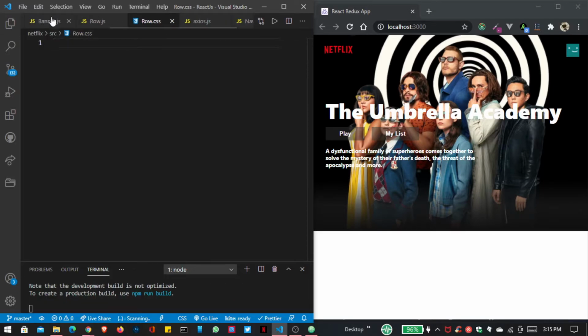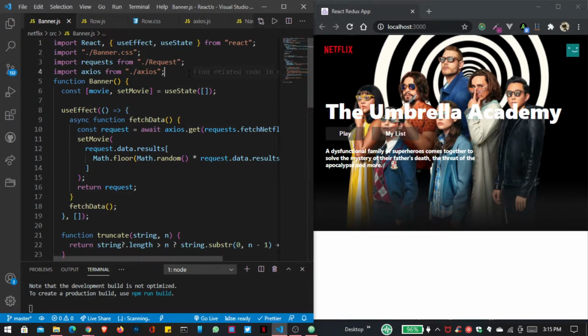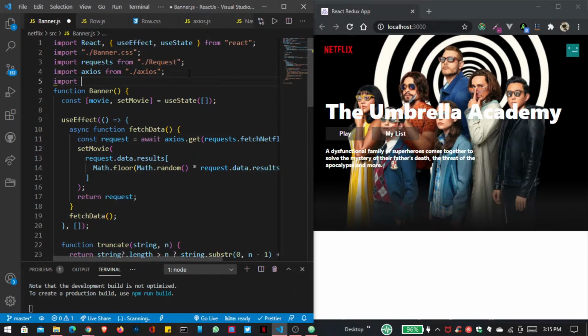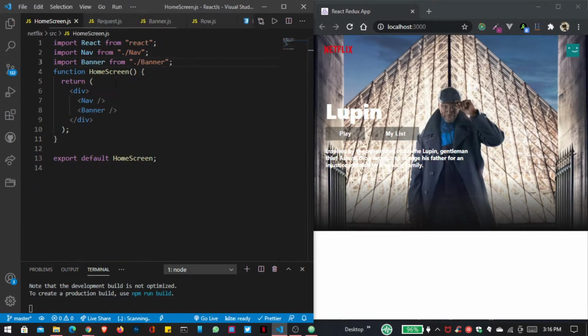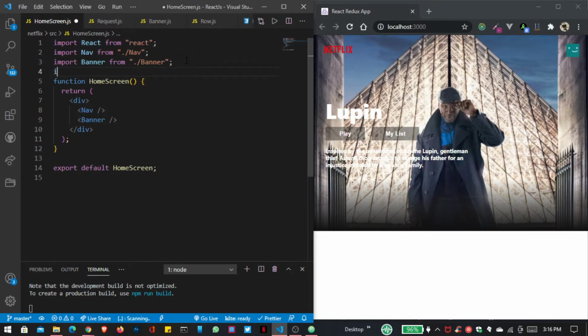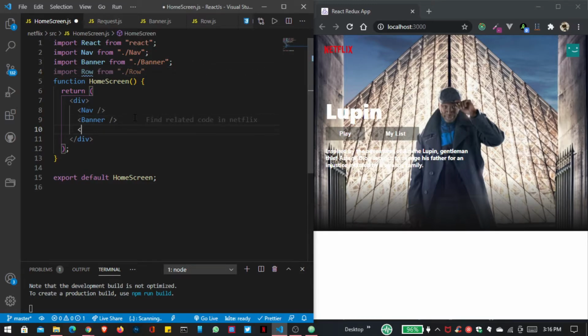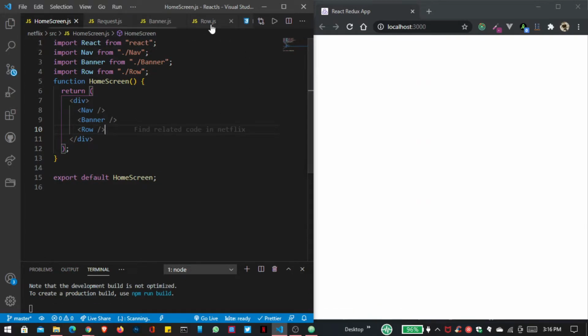So go inside our banner.js, and first we have to, sorry, not inside banner.js, but go inside our home screen, and here we have to import row, and we actually want to display row like this. And now save the file,